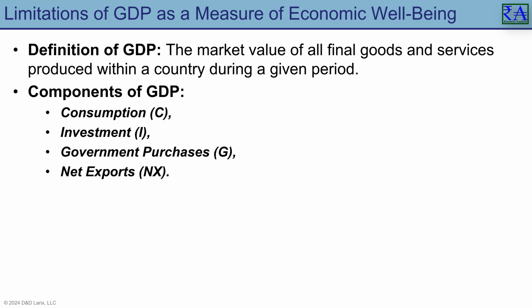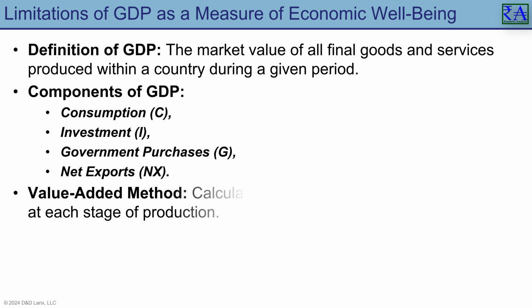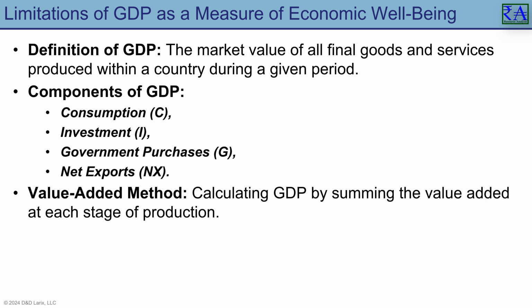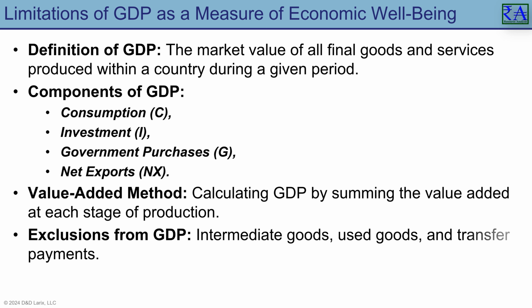Understanding the value-added method is crucial for accurately calculating GDP. This method involves assessing the value added at each stage of production, ensuring we avoid double counting intermediate goods. Additionally, it's important to note that GDP excludes intermediate goods, used goods, and transfer payments, as they do not reflect